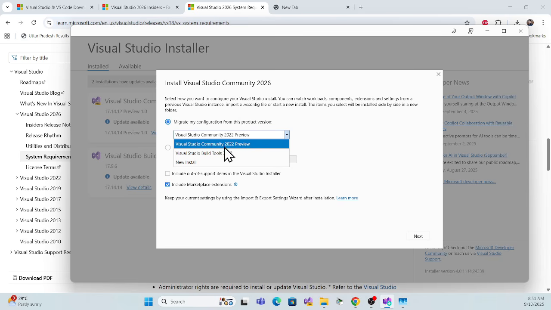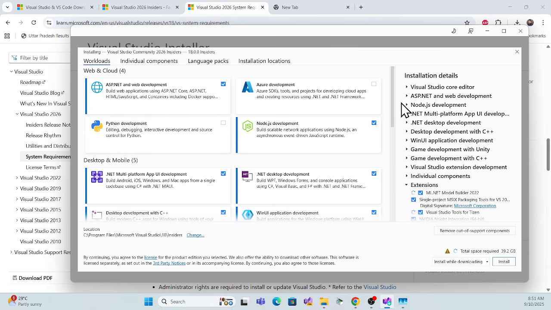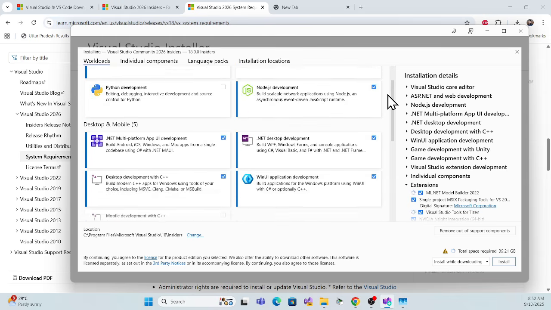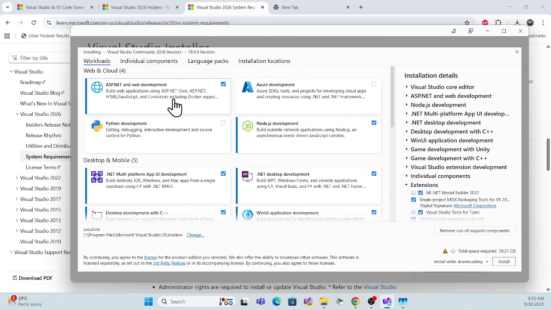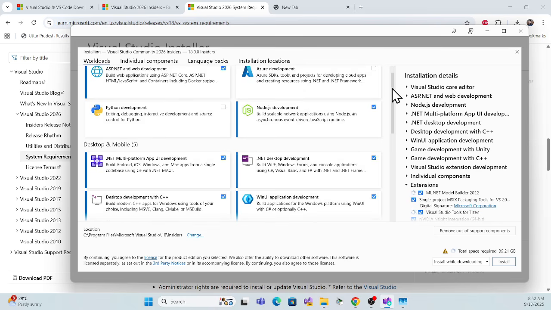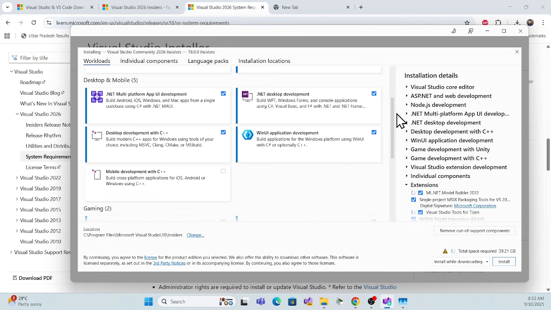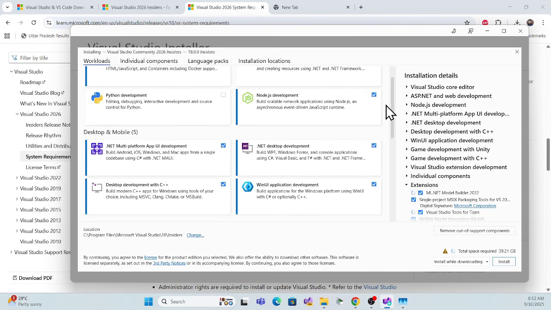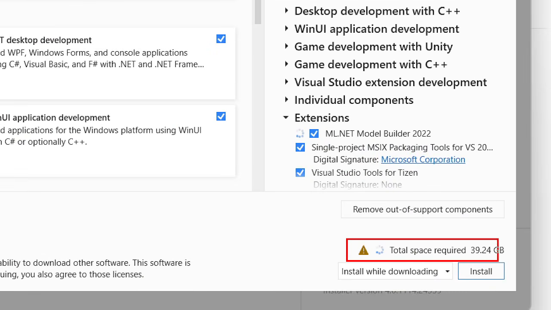So yeah, I think I can use it. It's asking about the new installation also, but that's fine, I'm using that. Let me go next. See, it is just taking whatever my existing configurations are. Currently I'm using that deployment for .NET and also Node.js in my project. So yeah, I think I'm pretty much good, but it's asking for that much